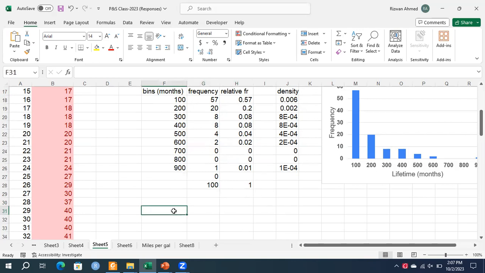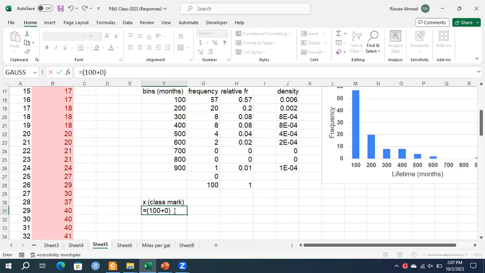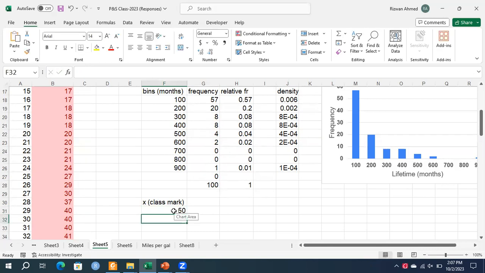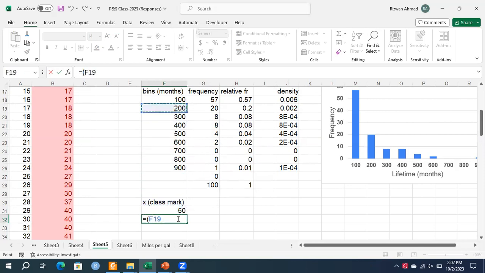A better representation is that you take the mid values of the bins. So I define here X mid values, or we call it class mark. It's the central value. So the first one is equal to 100 plus 0, because it started from 0 and it goes up to 100 months. So it is 50. Then here I define for the second class the mid value, which represents a lifetime from